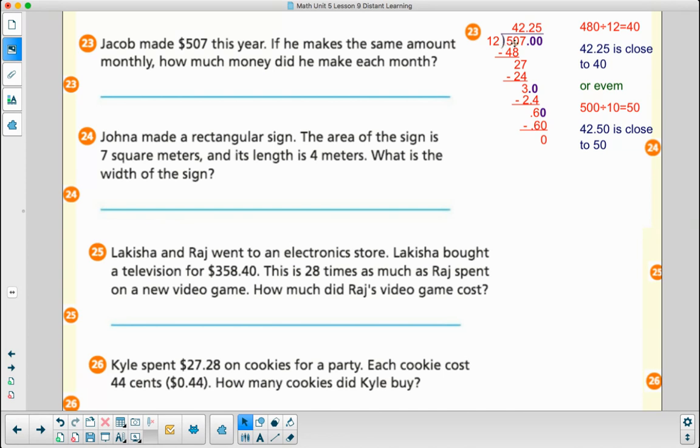What is 507 close to that's easy to divide by 12? I looked at the 50 part and said, hey, that's close to 48. So I changed 507 to a friendly number, 480, divided by 12, because that I can do in my head, is 40. And since 42 and 25 hundredths is close to 40,